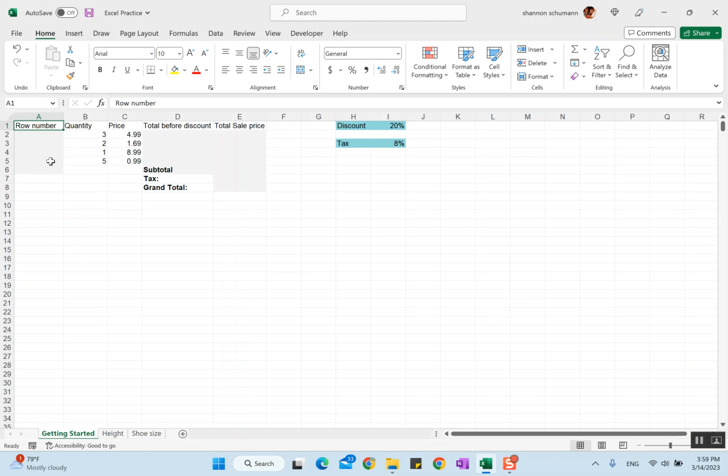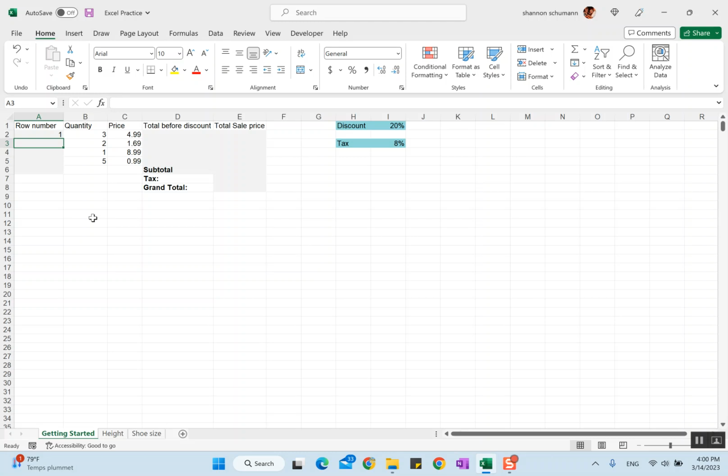But let's go ahead and look at these row numbers. I want my first row number to be 1. The second one should be 2, and I could type a 2 in here. That would be fine. But there's an easier way to do it. If this spreadsheet had maybe 50 rows in it, you don't want to waste your time just typing the numbers 1 through 50. So what I'm going to do instead is I'm going to use a formula and let Excel